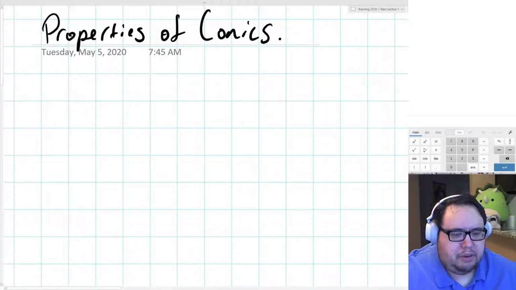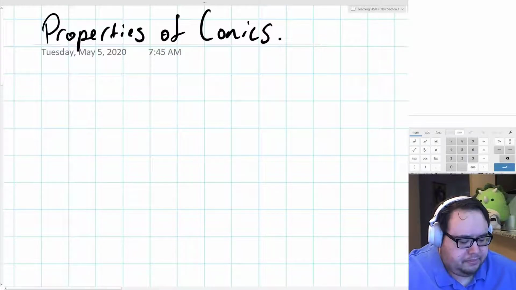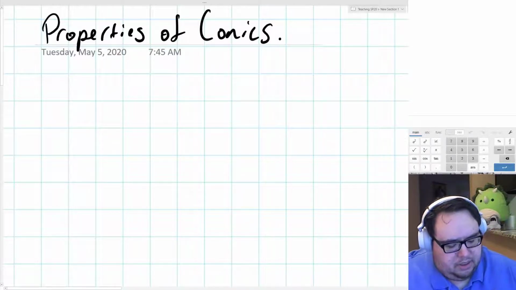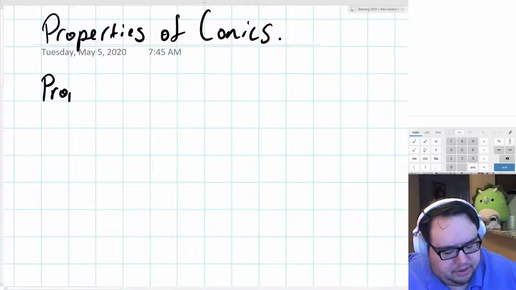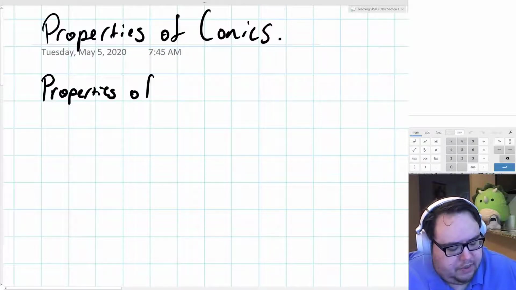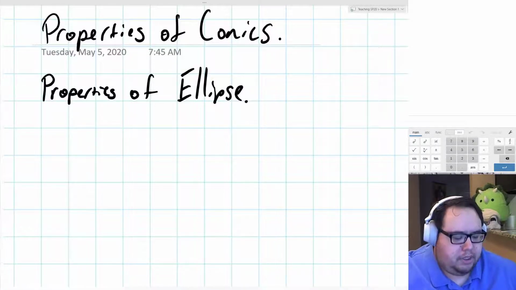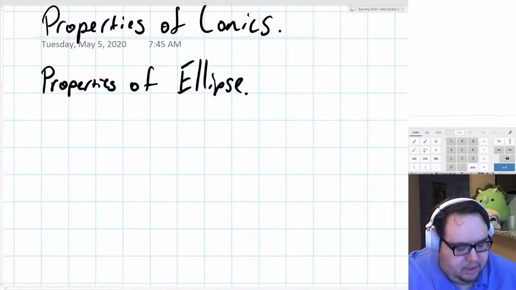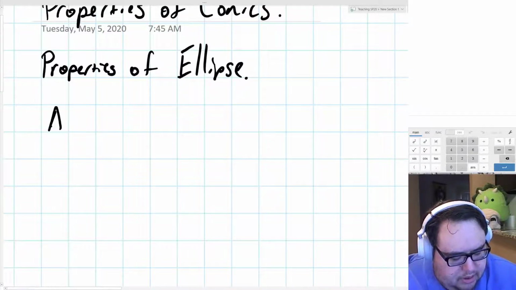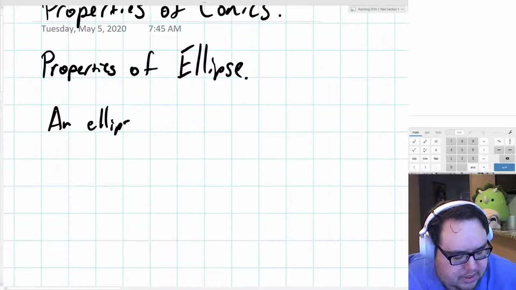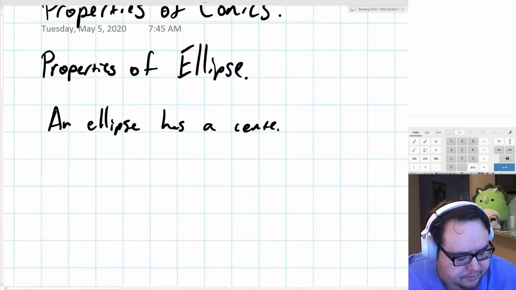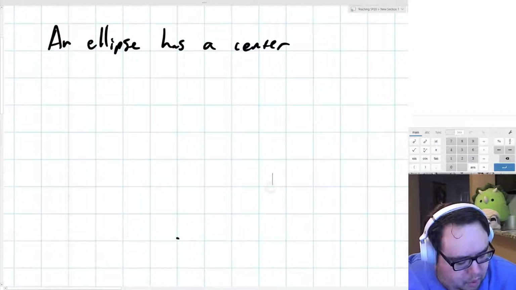And today I kind of want to talk about some properties of conics. And the conic I'm primarily interested in the property of here is ellipses. So, properties of the ellipse. The ellipse is sort of that skewed circle. It's sort of stretched out a little bit, and we know that an ellipse has a center. So some point in the middle,